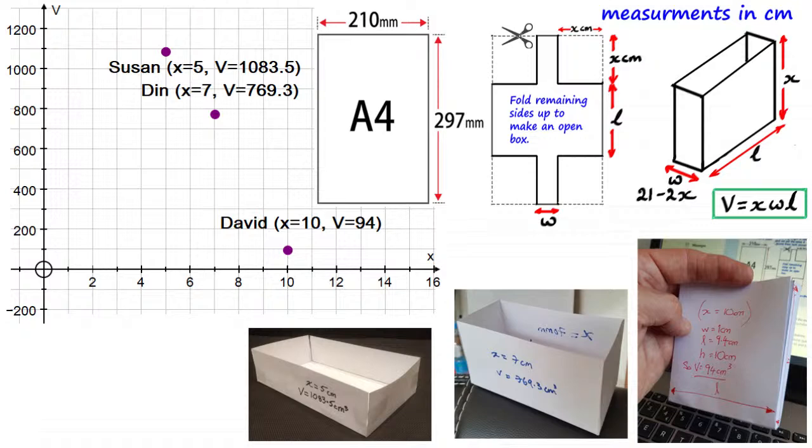Let's just put that width on there. 21 minus 2x. So what would the length be? We can see by the way the width here is going to be the 21 centimeters across here minus the 2 distances here, which are going to be x. So have a go at giving me quickly the length.